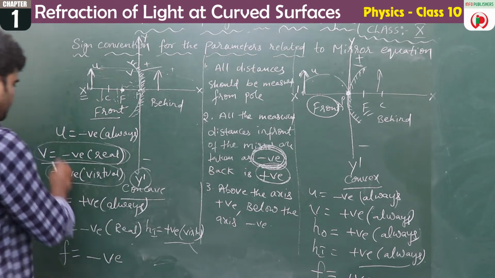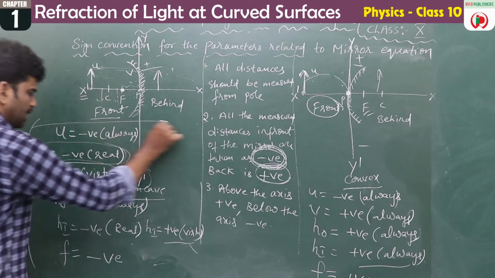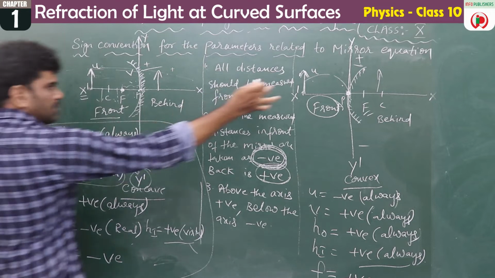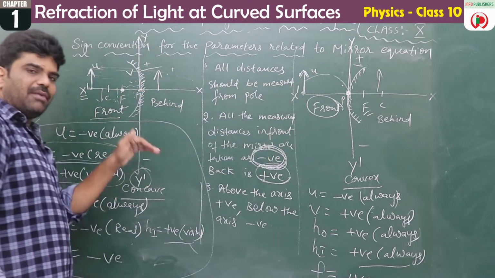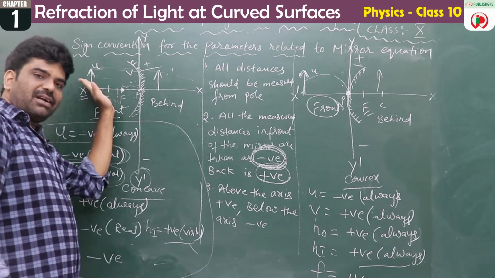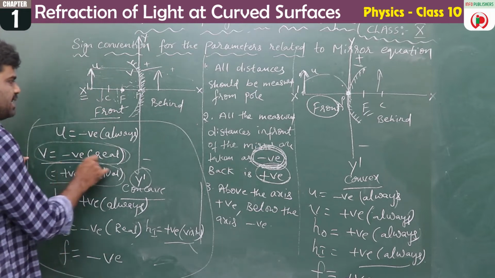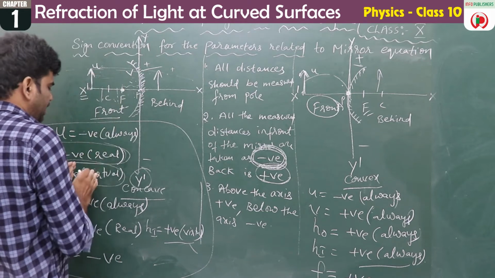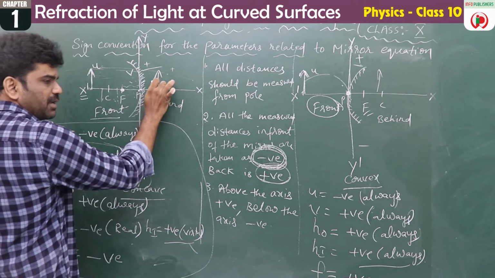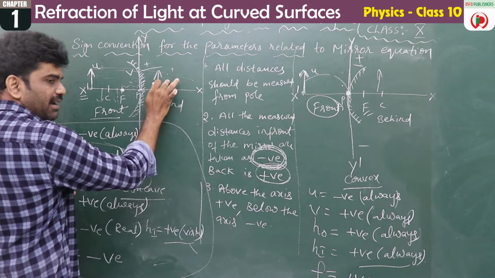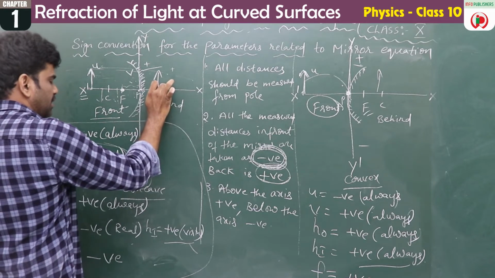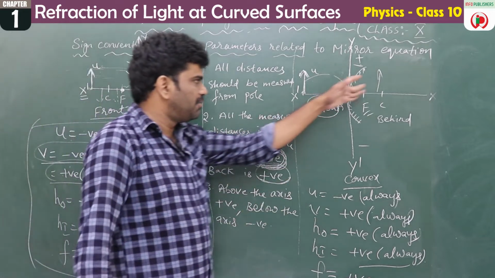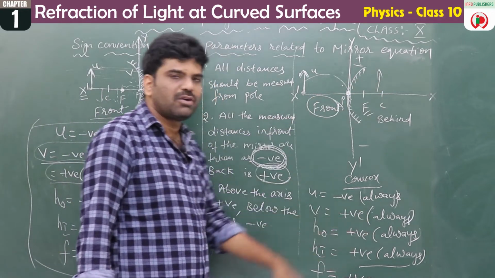Based upon this, we have calculated the u, v, all these things. u is negative. Here also u is negative. Why? Because the object is in front of the mirror. And v is negative if the image is formed in front, that is a real image. But one image will be forming here in the 6th case. You have seen the ray diagrams. That is virtual, that is positive. In this case, all the images are forming here only, that is why it is positive.